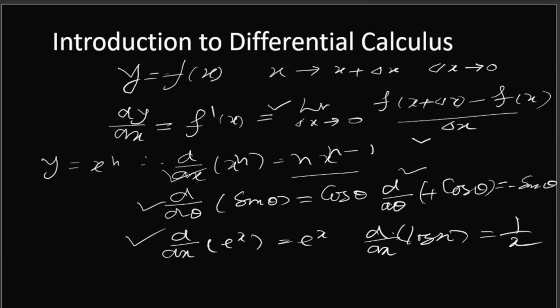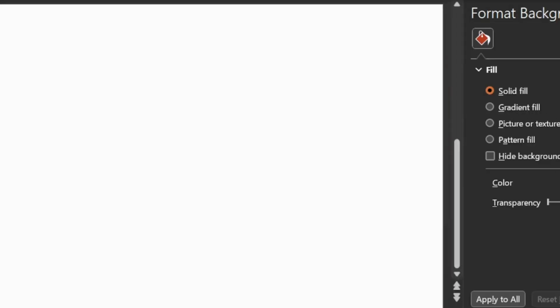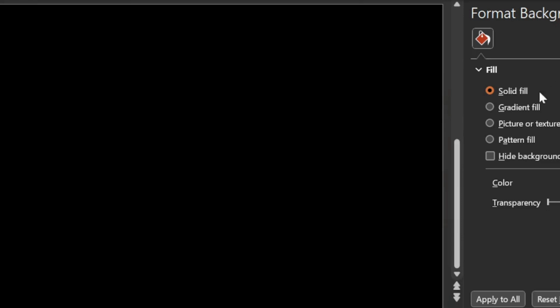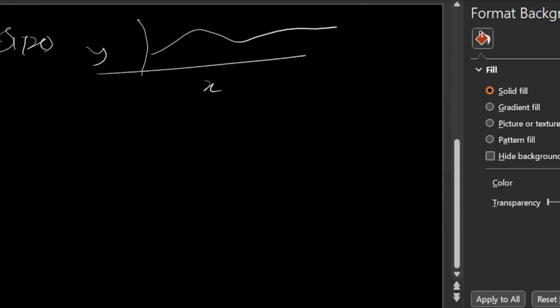Again, I will discuss the physical meaning of the derivative in differential calculus. Suppose now y equal to f(x), and this is a function, and if you plot this function in an xy scale, suppose this is x and this is y, and suppose this is a polynomial type, so it looks simply like this. And now if you find the derivative at a certain point, suppose this is the point